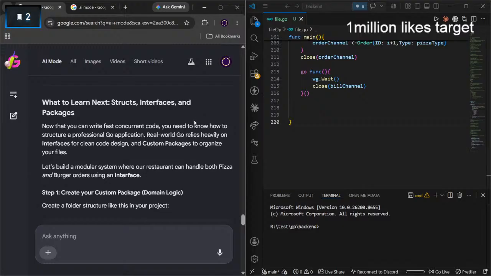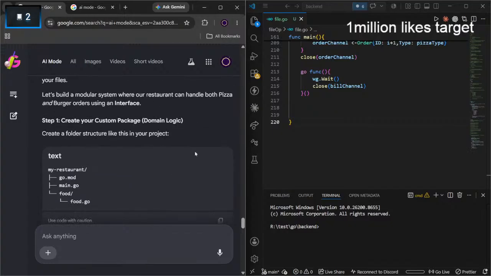What to learn next: structs, interfaces, and packages. There we go, we have packages now. Create your custom package like this. Instead of code, we can go something else.